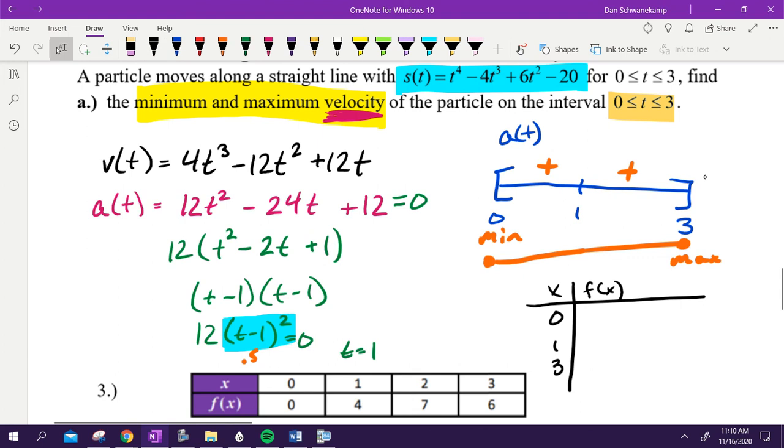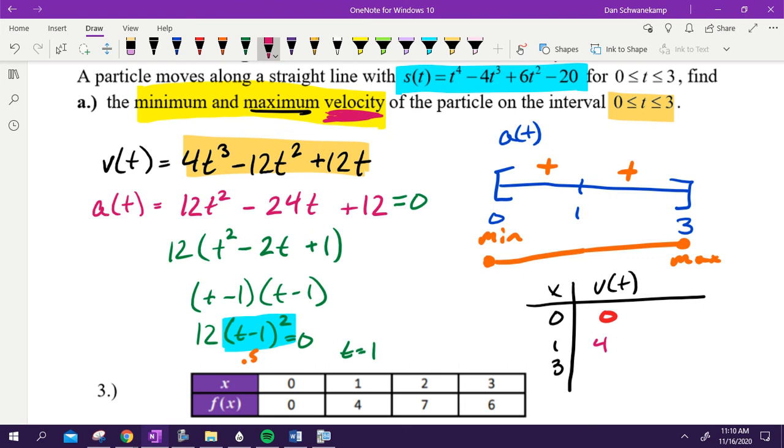What am I plugging these back into? Which equation? Position, velocity, or acceleration? Velocity, because I want to know the maximum velocity. So if I want to know the velocity, I better plug into velocity. So I'm plugging into this equation right here. This is my velocity equation. If I plug in 0, I get 0. If I plug in 1, I get 4. If I plug in 3,